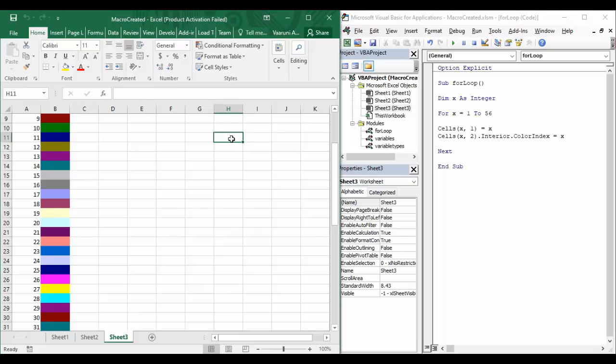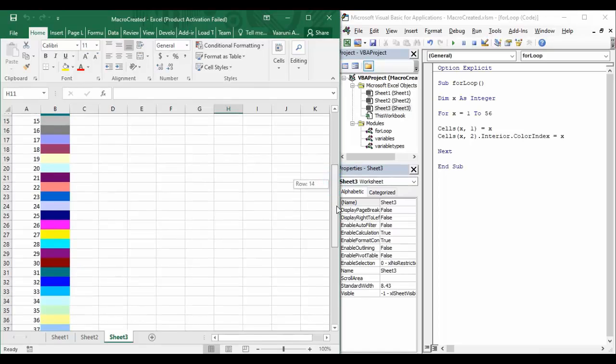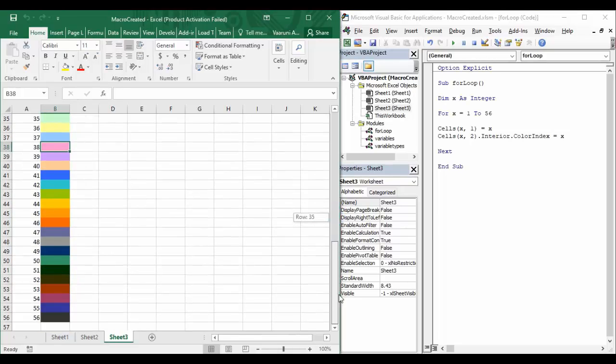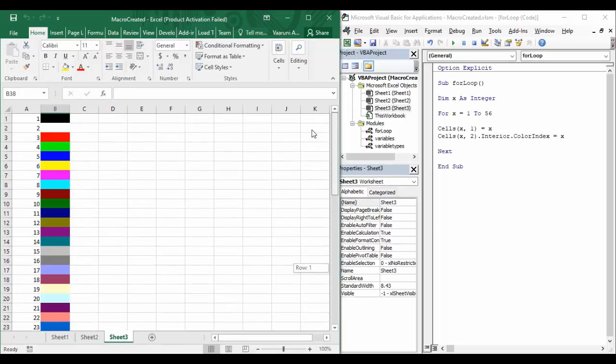H11 cell whose background cell color you want to change to something like this. You can get the shade from here. That is, for the 38 value you will get this particular shade of pink, and you would be able to just apply it, or any other color like orange, and these different kinds of shades. So this is the color band that you have got for yourself. Okay, so that is one application of the for loop.